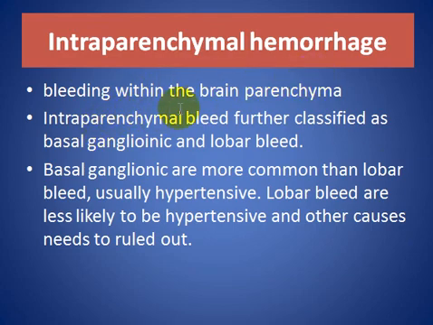Intraparenchymal hemorrhage is bleeding within the brain parenchyma, further classified as basal ganglia and lobar bleeding. Basal ganglia bleeding is more common than lobar bleeding, usually in hypertensive patients. Lobar bleeding is less likely to be hypertensive, and we should look for other causes like amyloid angiopathy or tumors,